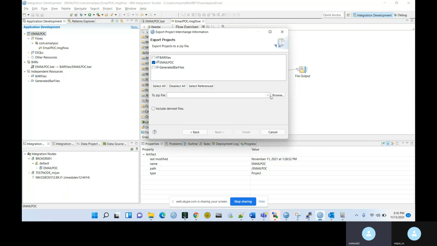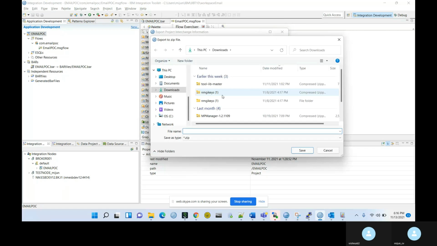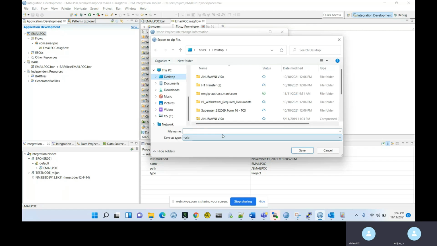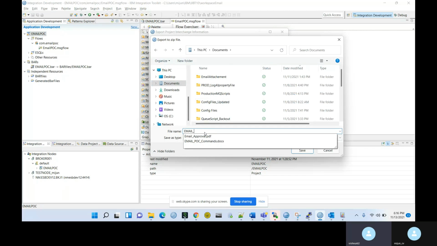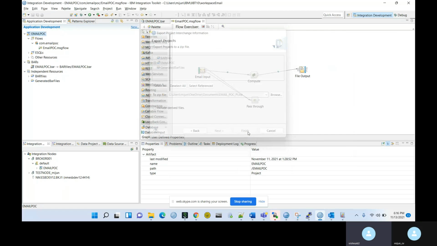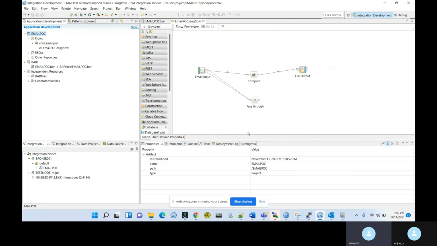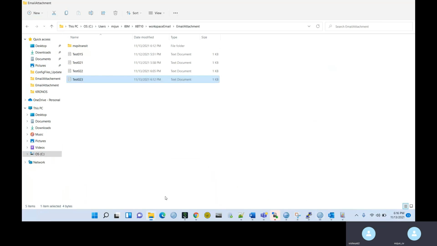Yeah, provide some path, .zip. Copy that path. Okay. Now send that attachment on Skype. Sure.